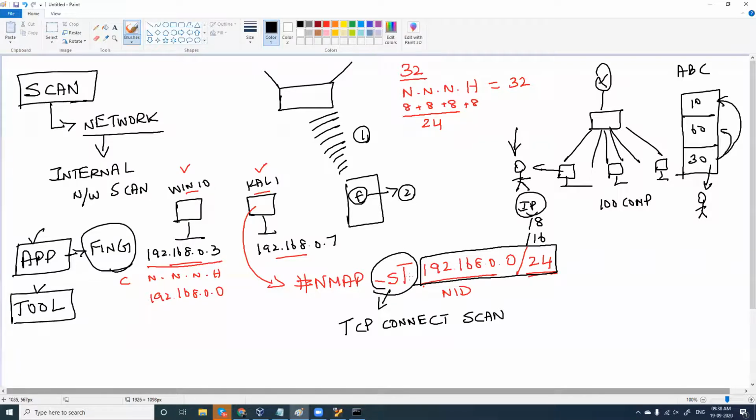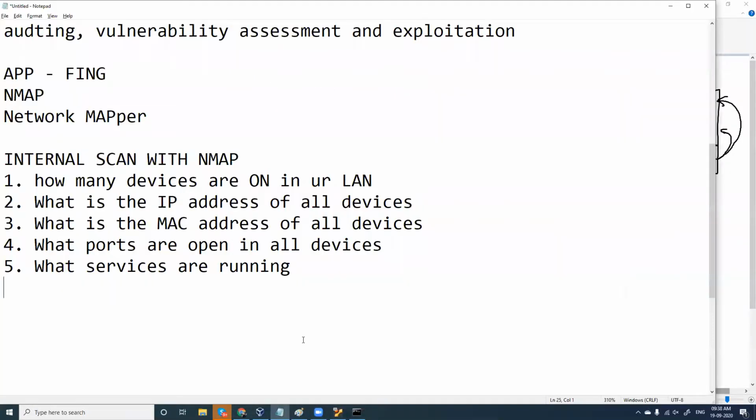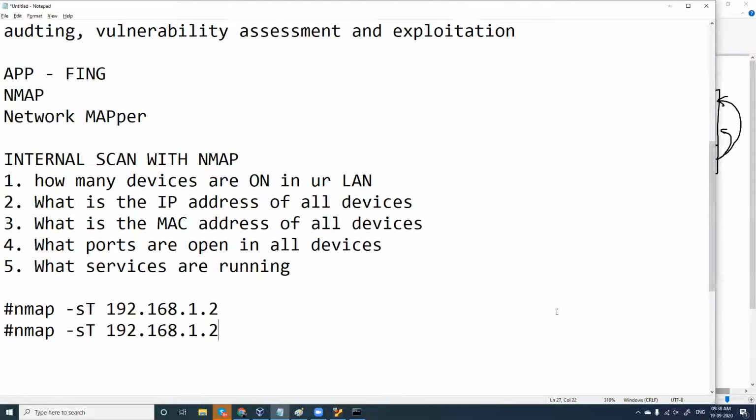You can use any number of commands here. I'll type what commands you can use. nmap -sT, and you can scan a single IP address like this, 192.168.0.1. This is an internal scan that I'm speaking about here, or you can give 0/24 to scan your entire network.